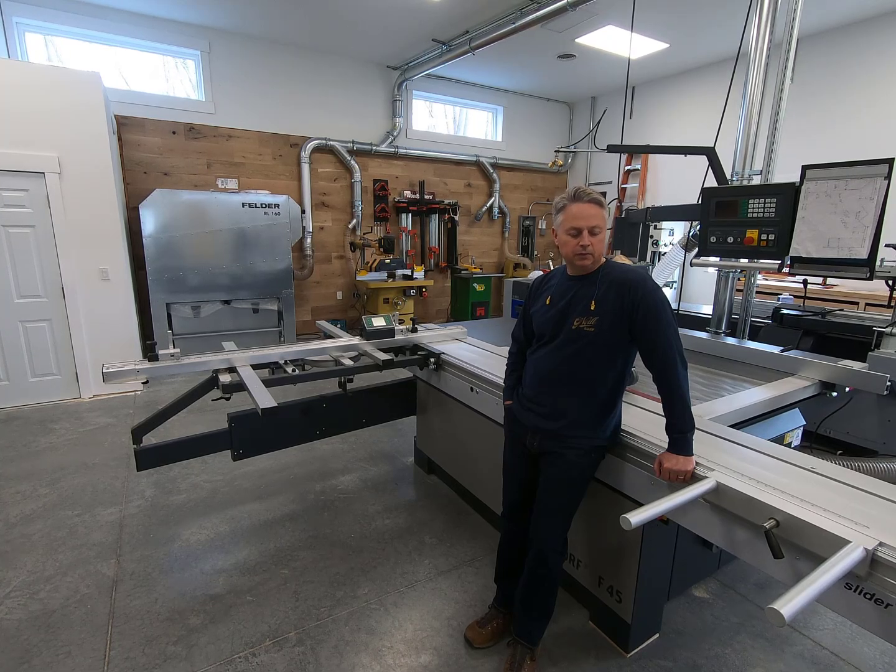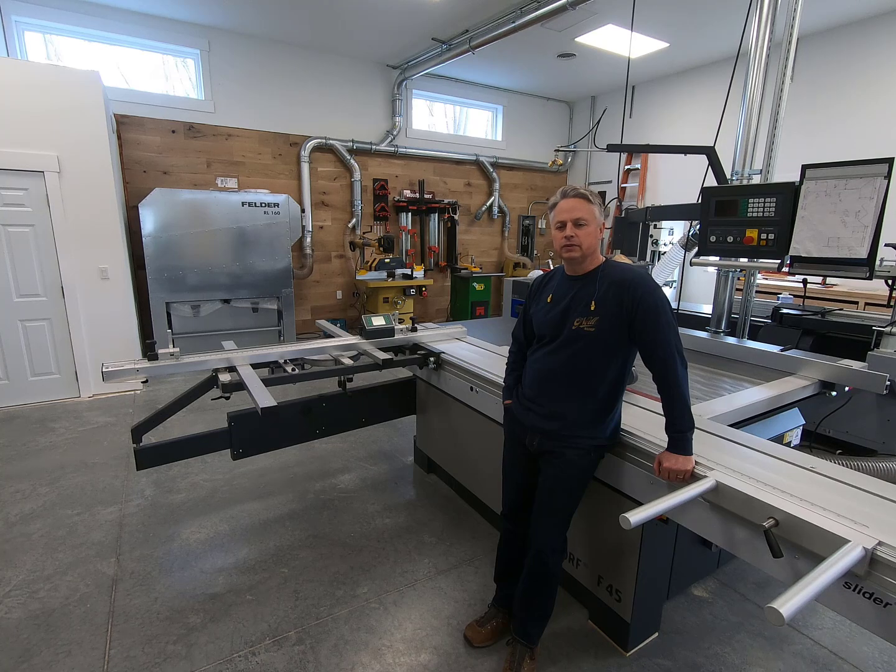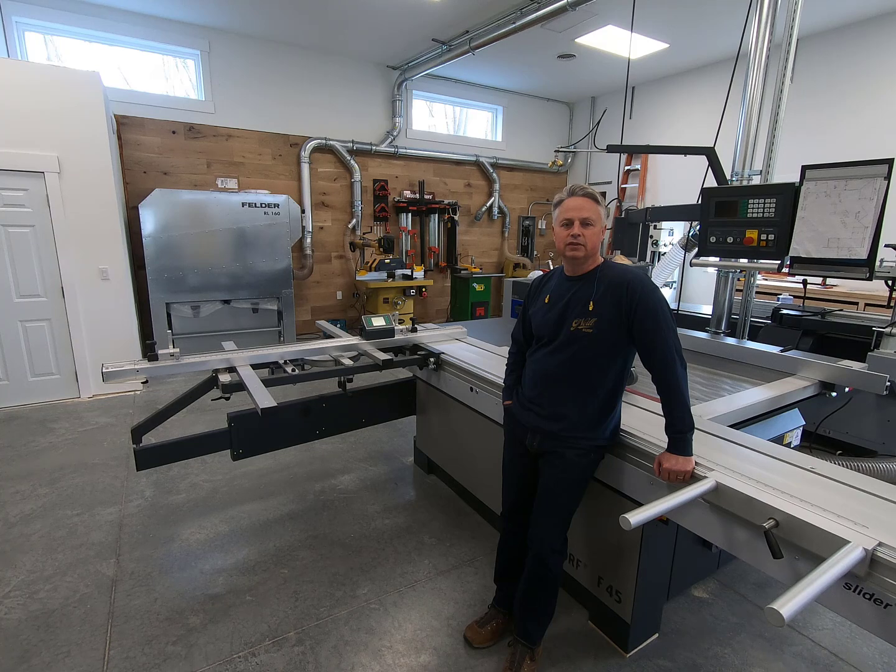I want to spend some time going over the Altendorf F45 slider with you. When I was out looking for sliders, there wasn't a whole lot of information. There was the Canadian gentleman, I think Rivera Woodworks, on a Felder K700S. I did buy that machine about a year, two years ago, a great machine, and after having that I really